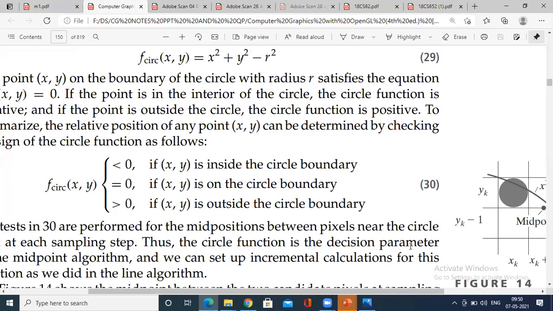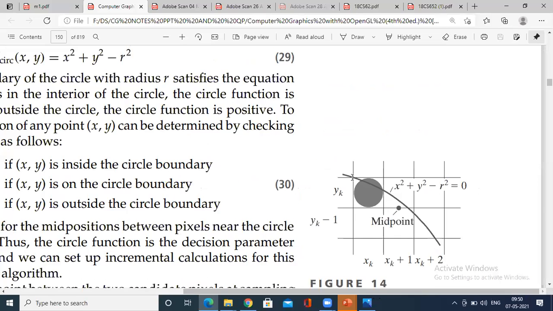See here, this is an arc. The pixels of this arc have to be identified using the midpoint circle algorithm. So in the case of the midpoint circle algorithm, as the arc grows, it is decreasing from yk to yk minus 1 with respect to the radius. So when I start, what will be the radius? From the center point we have r, and x is incremented in unit interval. Simply you are incrementing x.